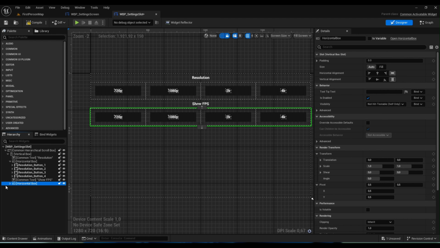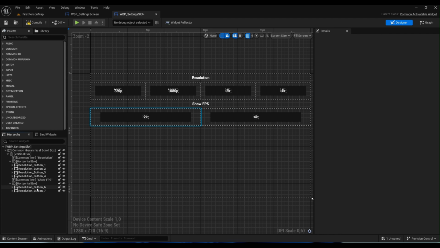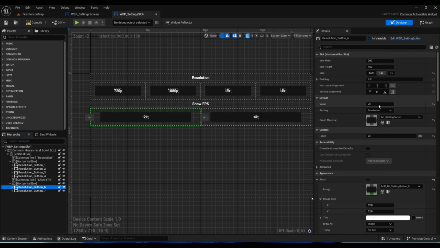And here I will change the buttons inside it because I just want two of them. The value will be yes, and so will be the label. And the setting is going to be show FPS. And for the other one, the setting is going to be show FPS, and the value is going to be